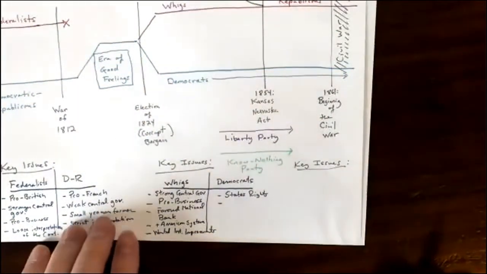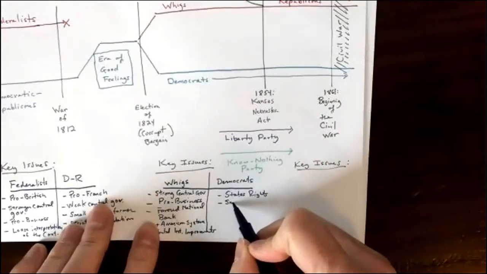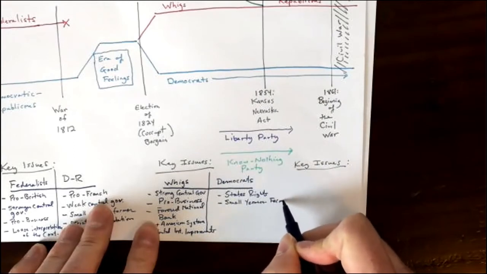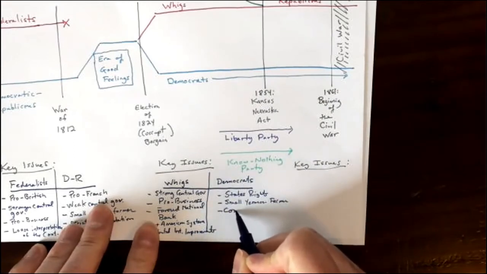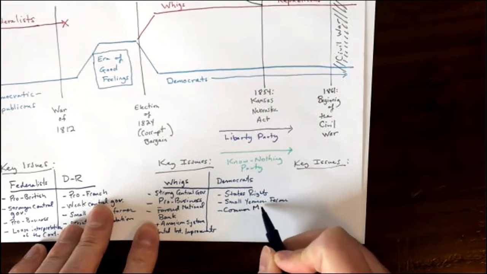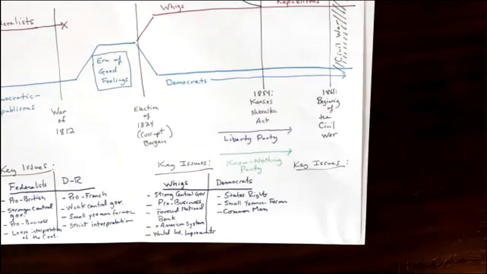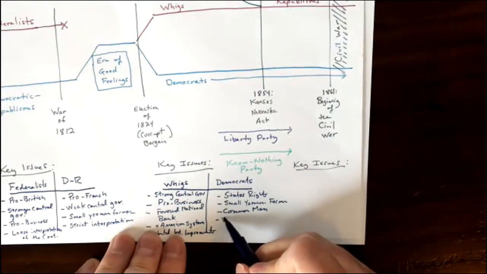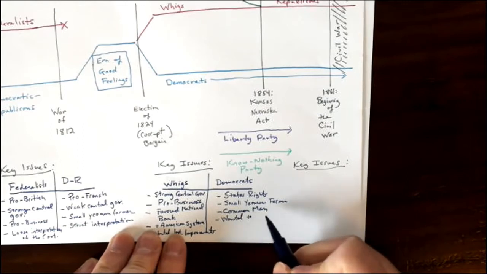the old Democratic Republicans, they promoted the small yeoman farmer. But they actually went a little farther than that. They also started to talk about the importance of the common man. Andrew Jackson himself pushed forth this idea that any American could do any job, and that you didn't have to necessarily own land or have a lot of education in order to contribute to society. Some of the issues that they stood for is they wanted to eliminate